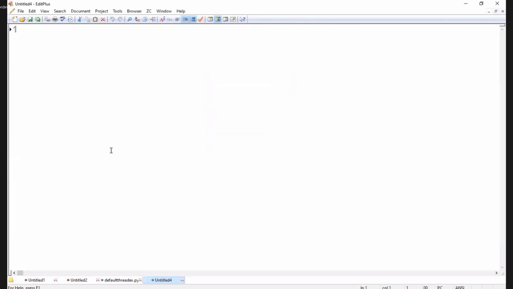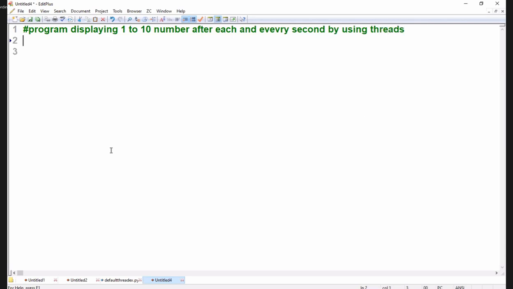I want to develop a program for displaying numbers 1 to 10 after each and every second by using threads. How do you do this? These kinds of things I want to print by using threads. How do you print it? To display this kind of numbers after each and every second by using threads,